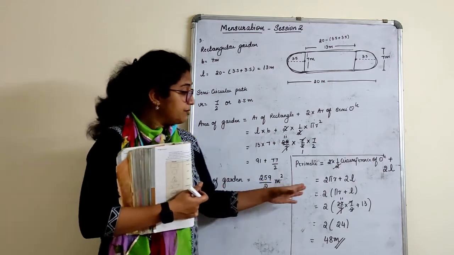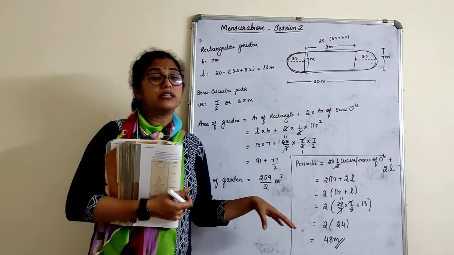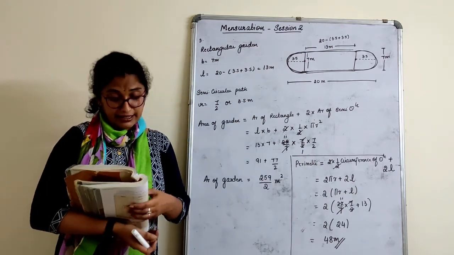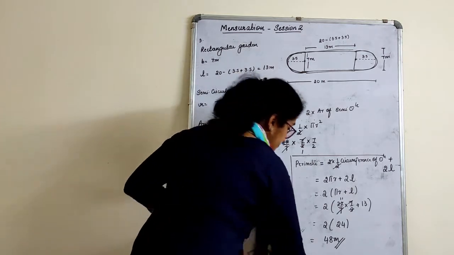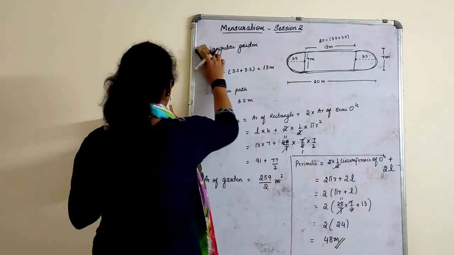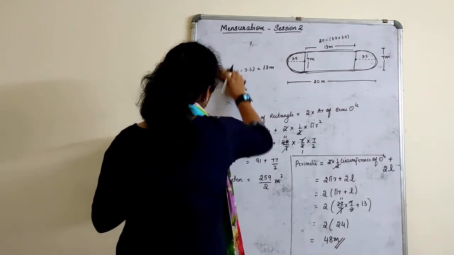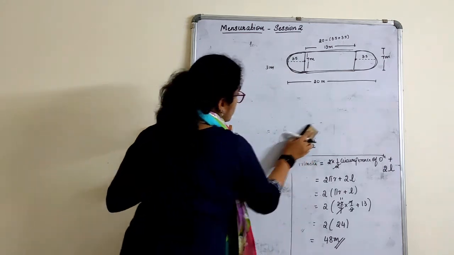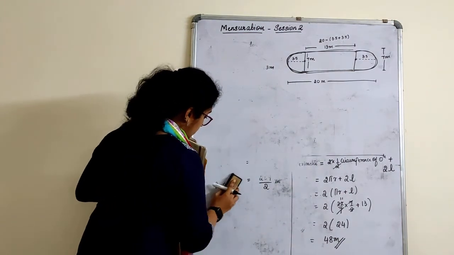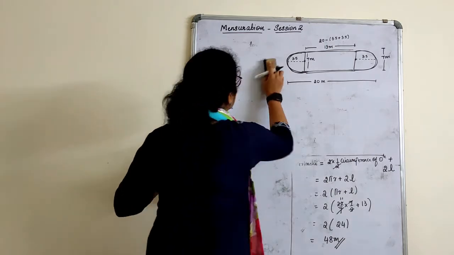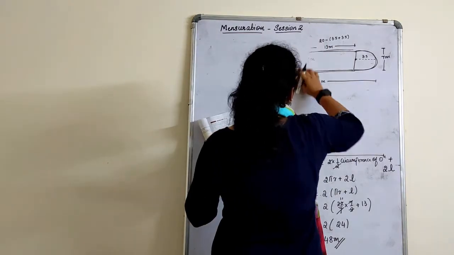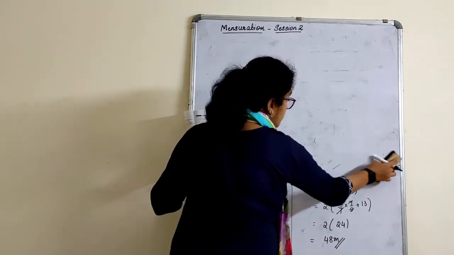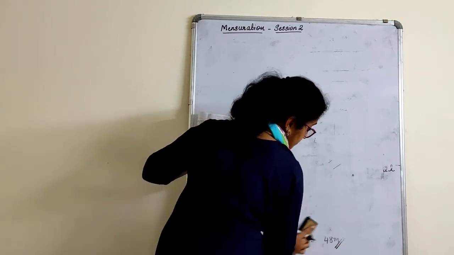Very clear? Try to take common and do, children. This will help you a lot in calculations. Your calculation becomes very easy when you try to take common and calculate. Quickly we'll move to the next sum. Very small exercise you have here. 2 more sums. So that is how, if you know the formula, it becomes very easy for you to calculate perimeters and areas.